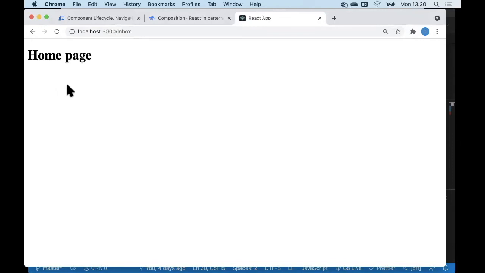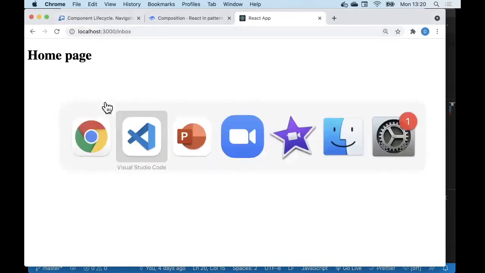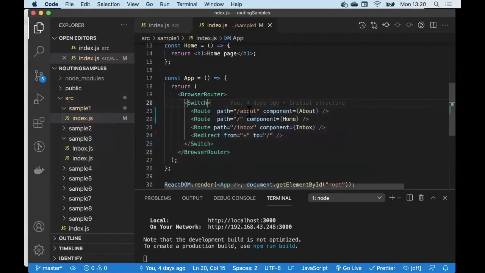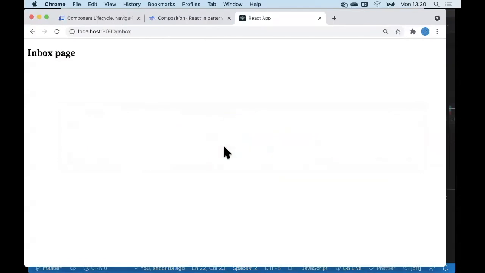The reason again is because when it tries to look for a match for this URL, obviously this doesn't apply, but this is a close enough match. It's not an exact match, but I didn't say it had to be an exact match. So it decides, well, this is the route that it will use. It never actually gets to check this one at all because it has already determined this will do. If I reinsert the exact prop there though, now I'm back to the kind of behavior that I had before. So if I go back to the home page,